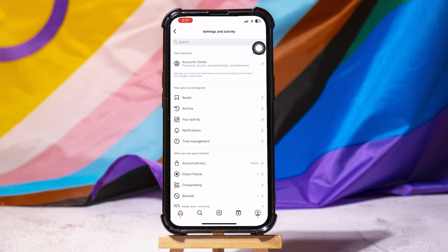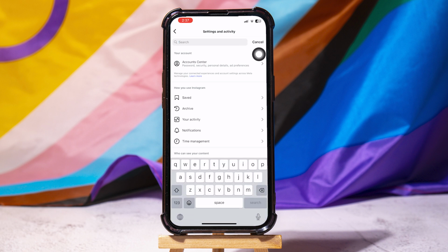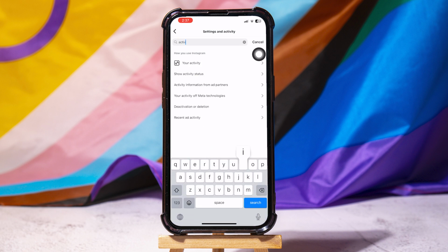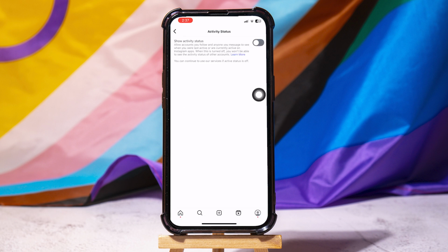And once you're here, you can just simply go to the search bar for an easier process by tapping here. You want to type activity. And you should now be seeing show activity status. You want to tap on that. And from here, you can just simply turn this off